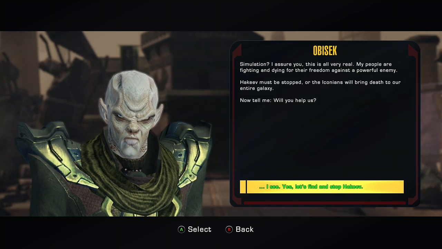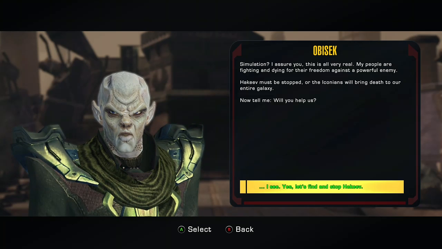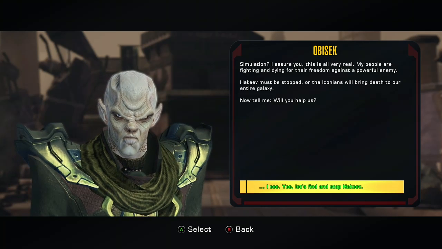Simulation? I assure you, this is all very real. My people are fighting and dying for their freedom against a powerful enemy. Hakiv must be stopped, or the Iconians will bring death to